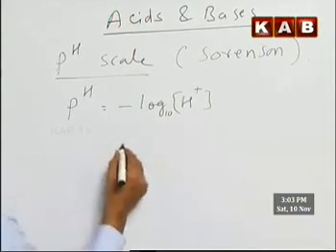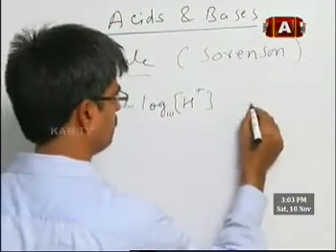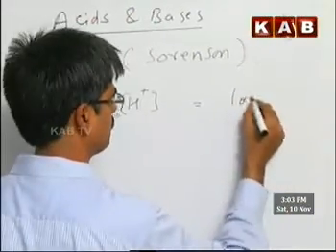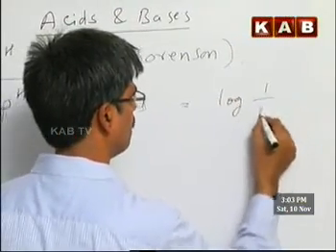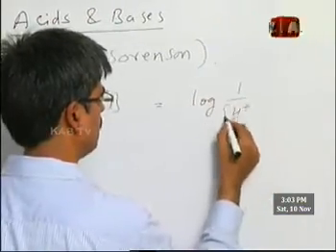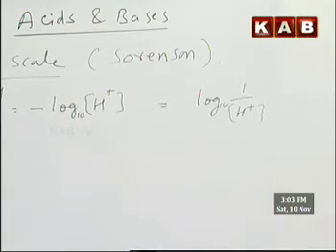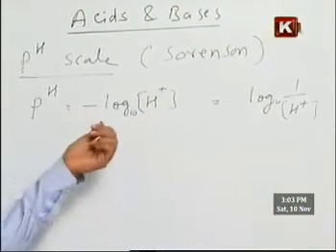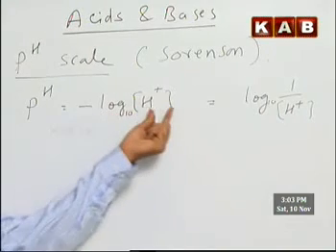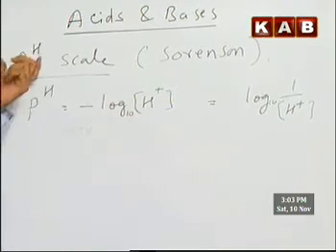Or mathematically we can write one more way for the same thing, that is to say it can be written like this also, log 1 by H plus, and to base 10 for us now. Both are mathematically equivalent terms here, but we fundamentally define the negative logarithm of hydrogen ion concentration as the pH.